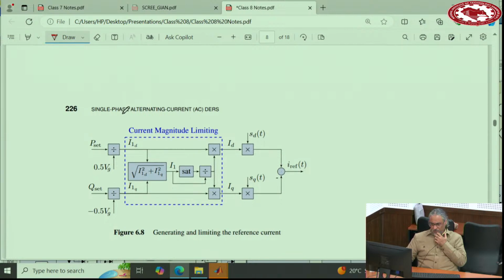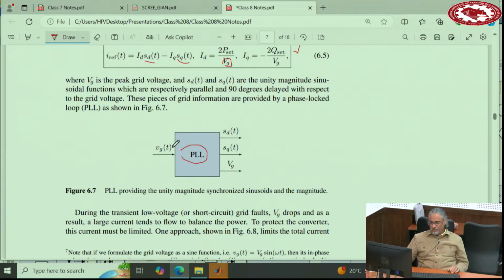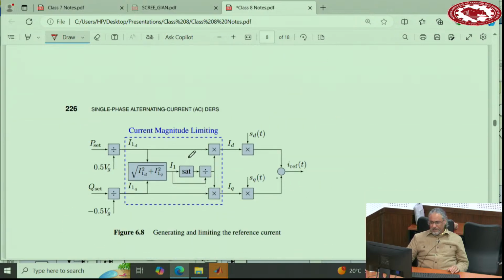So, here, this shows the limiting side. For limiting, it's very critical. We cannot do the limiting when it's a sinusoidal waveform. We should do it before it becomes sinusoidal. So you calculate P set divided by half Vg, which is ID, and IQ, right? These two components, you first calculate them, ID and IQ. And now you look at ID squared plus IQ squared. That shows the magnitude of the current. You limit that here,